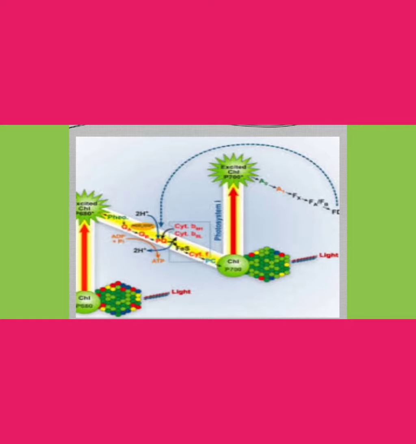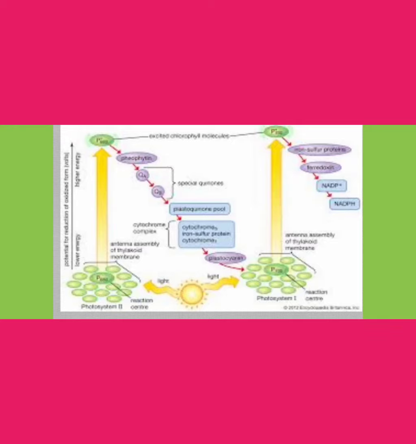Thus, the electrons lost from one photosystem through different carriers reach another reaction center, but not the same reaction center. So it is called non-cyclic electron transport. In this non-cyclic electron transport, in between PS2 and PS1, the quinone cycle operates. During this quinone cycle, per one pair of electron transport, 4 protons reach from the stroma to the lumen of the thylakoids.